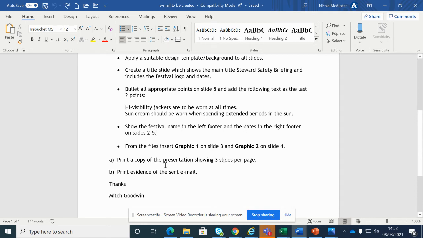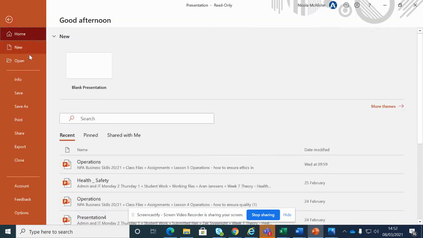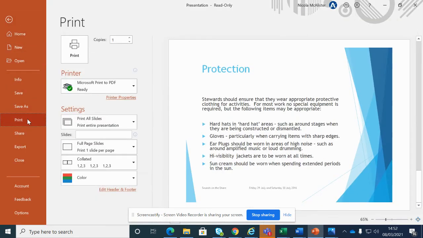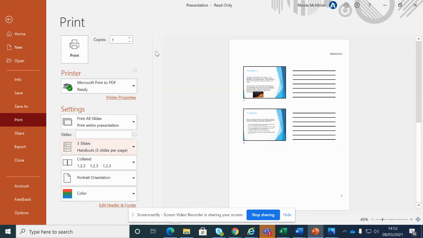You're then going to print a copy of the presentation showing 3 slides per page, and then email the presentation back. I'll do another demonstration video to show you how to send the email, but to do the printing, you're just going to go on to File and Print, and then not full, we want to have 3 slides per page. Okay,